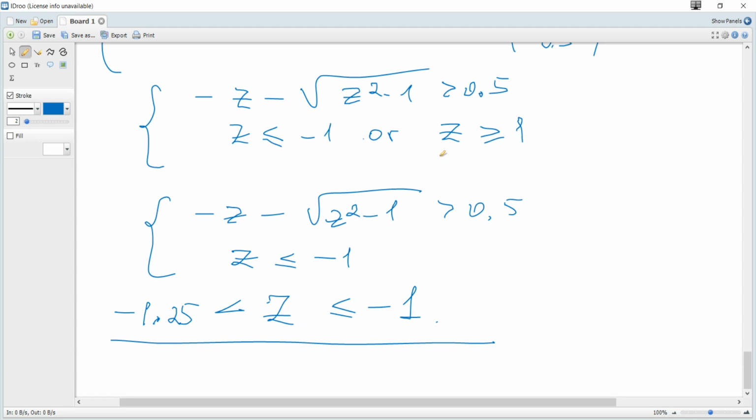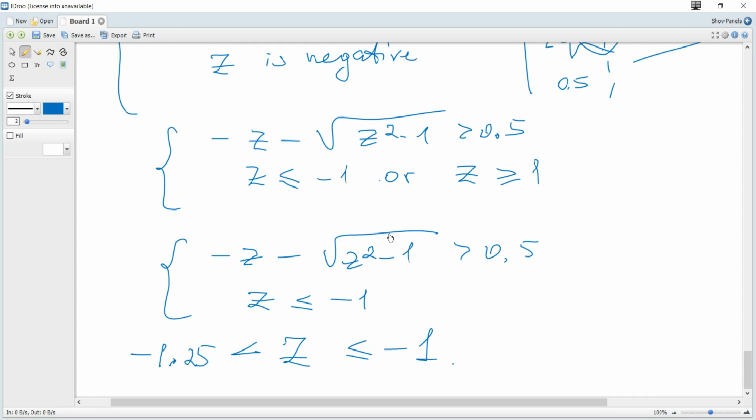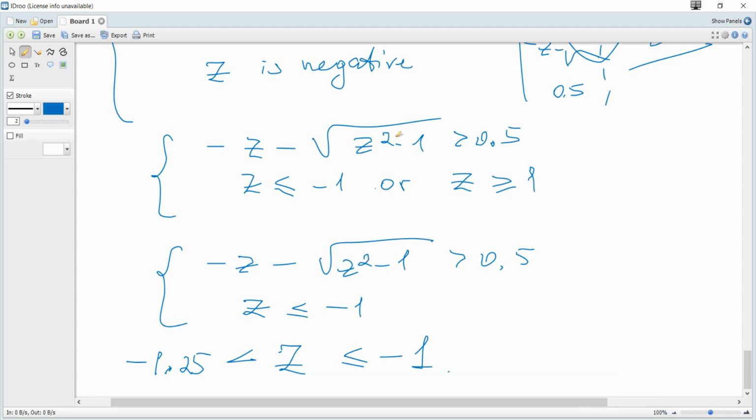I repeat that we don't consider this part, because from this we can conclude that z must be negative, so there are no solutions for z positive. And I repeat, we consider simultaneously two inequalities. One inequality is directly what is required, another is actually the domain of this function, and it's also from the given, because